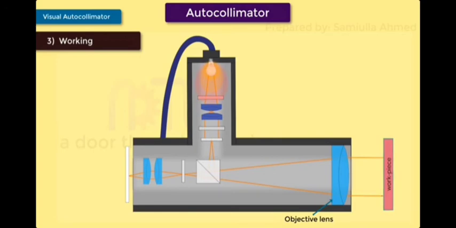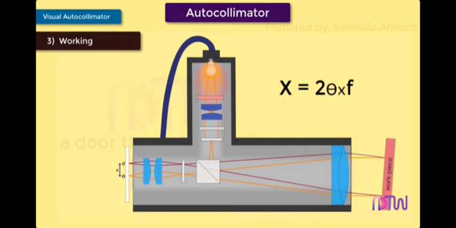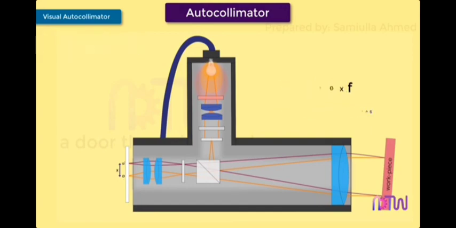If the plane reflector, which is the workpiece surface, is perpendicular to the beam of light, it will reflect the beam of light in the same path. Hence both the beams will fall at the same point. Let us consider this point O. Suppose the workpiece surface is at angle theta, then the beam of light will be reflected back at the angle 2 theta. Therefore, the reflected beam of light will fall at a different point. Let us consider this point to be O dash. By knowing the distance between O and O dash, which we have denoted by x, and by knowing the focal length of the lens, we can use the relationship to find the angle theta. This is the working of the autocollimator.